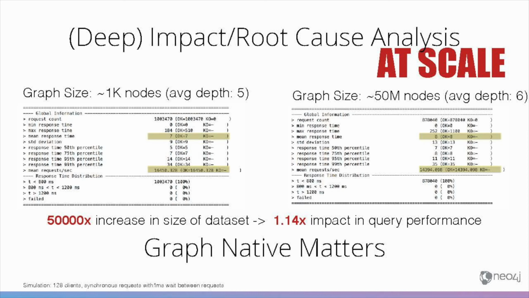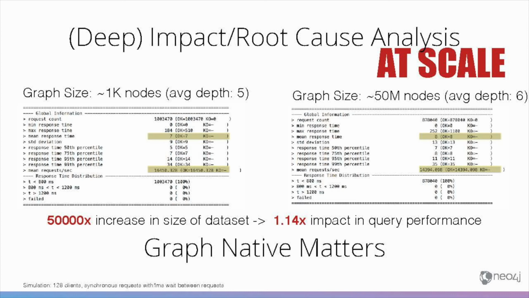This simulation was based on starting 128 clients that were issuing synchronous requests to the database, to Neo4j, basically sending alarms of elements failing, with a small wait of 1 millisecond between requests. Basically, it's synchronous requests, so the client will not send the next request until the server has returned with the result. So in this scenario, by running this for a minute, I got to process approximately a million requests, and